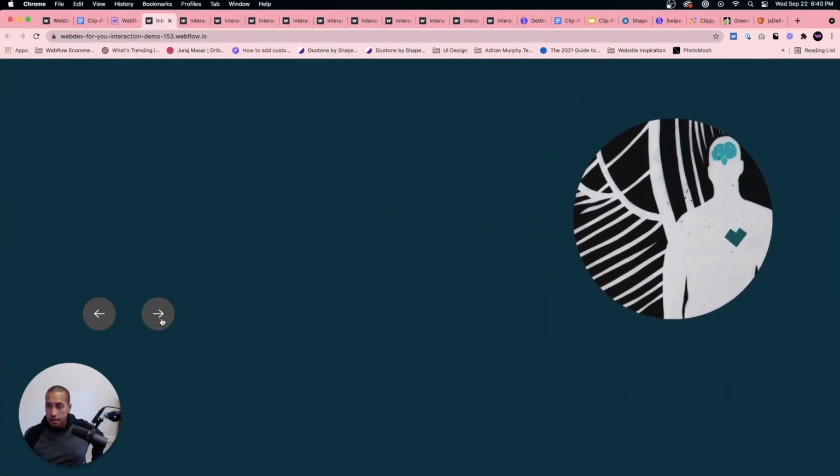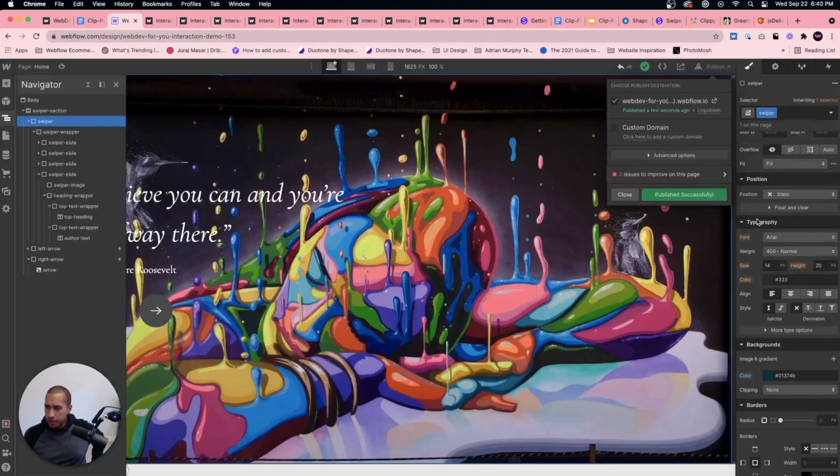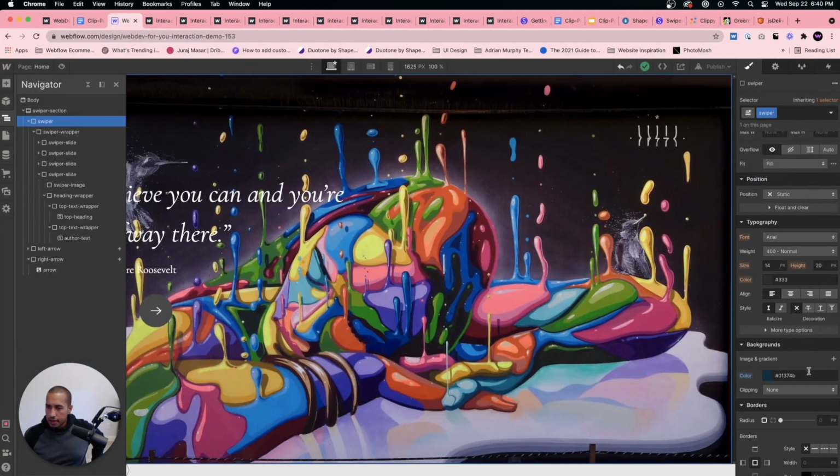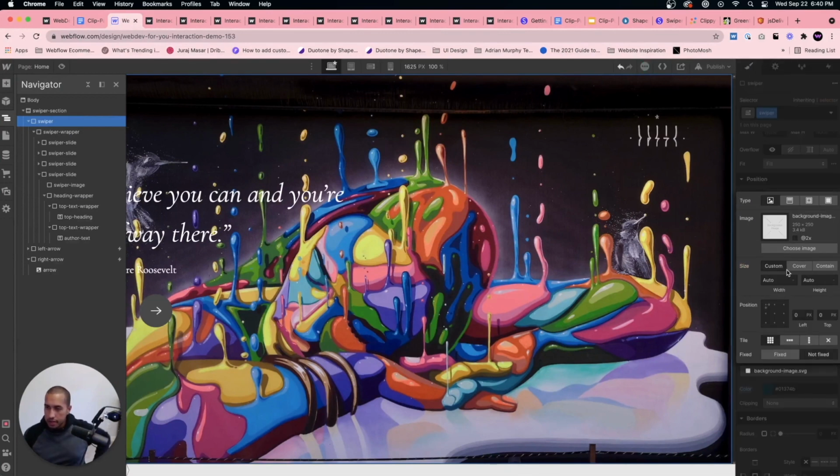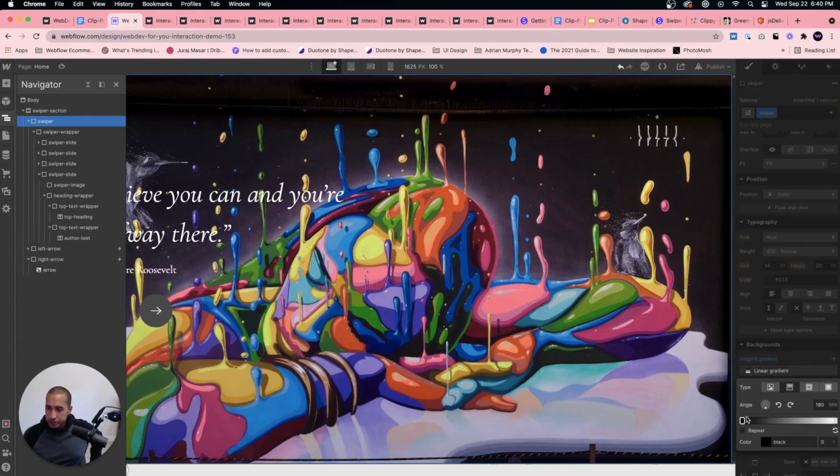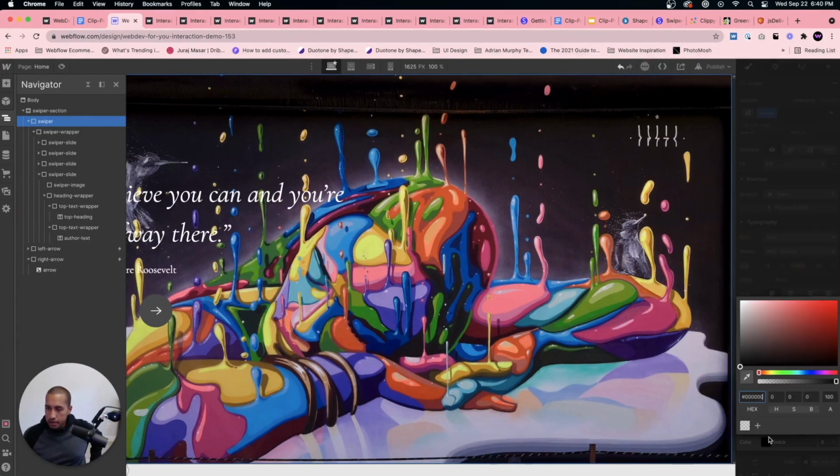It looks good. Let me try setting it to a gradient. This could be pretty fun. So let me add a gradient right in here. And let's make this color like